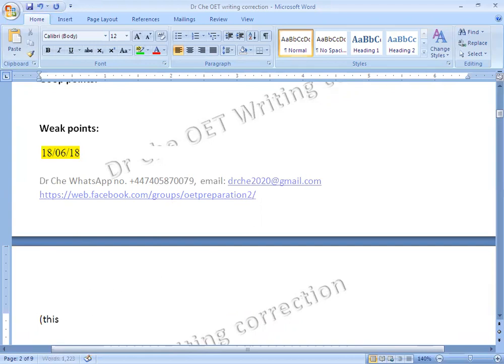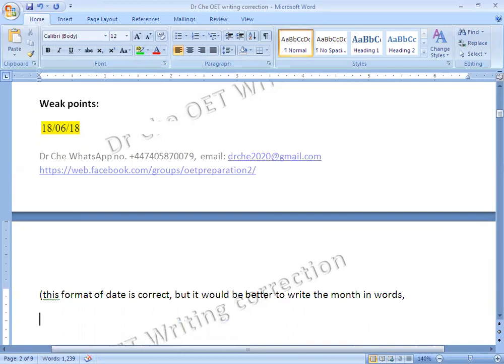So this format of date is correct, but it would be better to write the month in words. Means June, not 06. It is better. Another thing is, it is not wrong to write the date at the start,